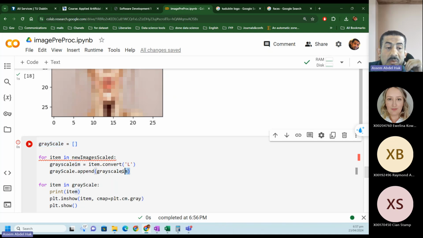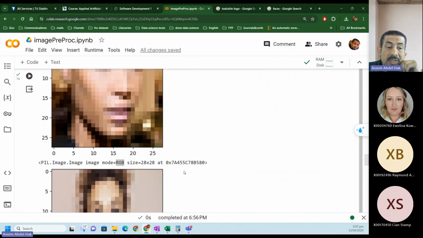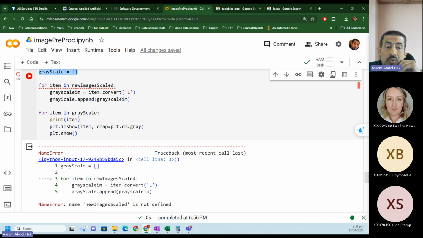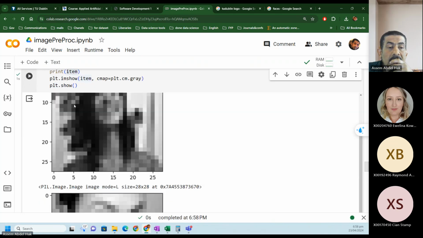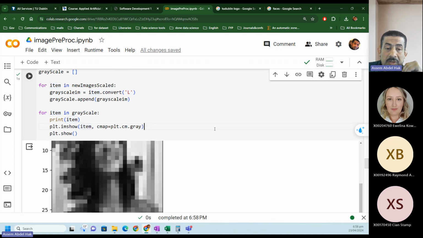So after I run this code, this empty list will have 3 images, these 3 images, but in grayscale mode. Okay, let me show you this. Inside this grayscale list, I print the image and I will show it to you. So now the mode is L, one layer, and the size is 28 times 28, and this is where the RAM memory